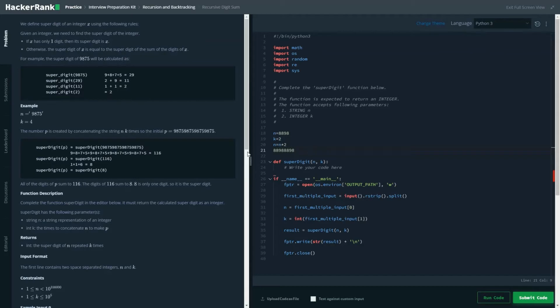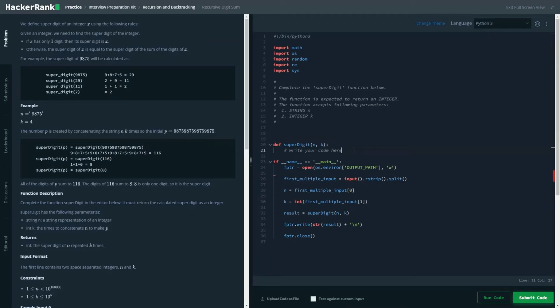One thing to remember is that here the multiplication is not an integer multiplication, it's a string multiplication. If integer multiplication happened, it would be simple multiplication, but here it is a string multiplication, which is something you need to remember.